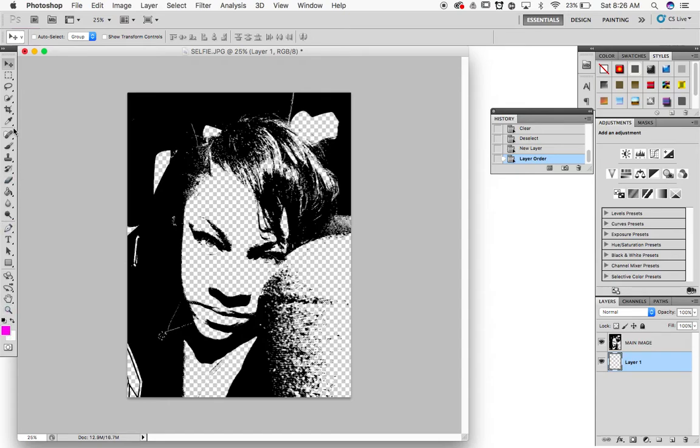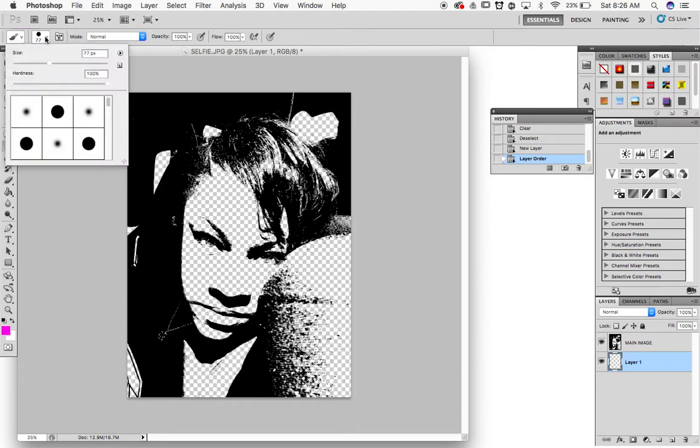So I have my color selected, and then I'm going to go over to my brush and make sure that I have an appropriate size that I can control. I'm going to increase my hardness, make sure it's all the way up. And I'm actually going to make it just a little bit larger. No, I'm going to make it a little smaller first. That way I can make sure I can control everything, all right? So then I'm going to come over here,